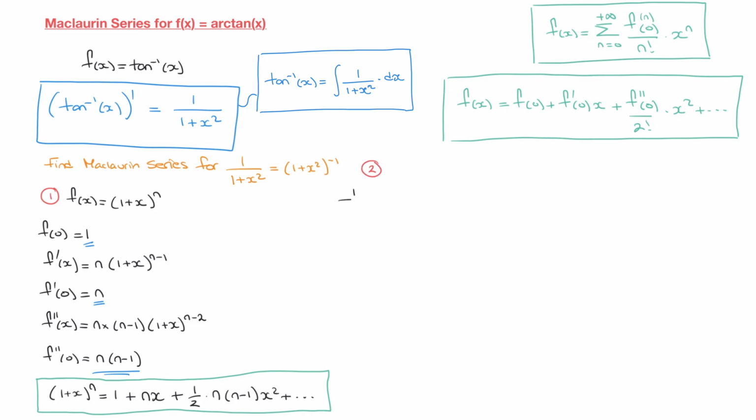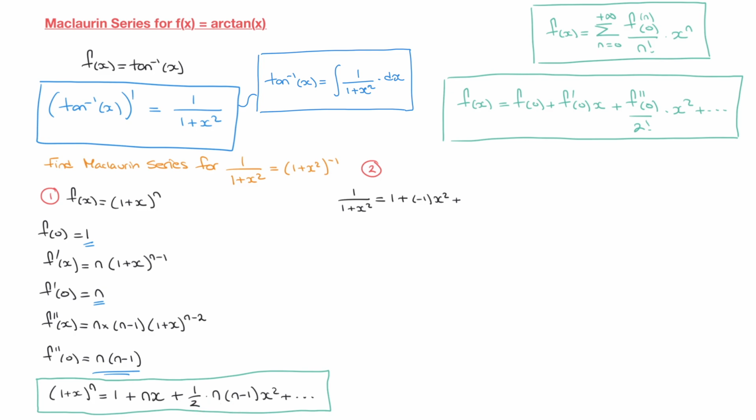And we can write that 1 over 1 plus x squared will be equal to, well, let's see. Again, we copy this formula, but we replace every n that we see by negative 1, and every x we see by x squared. So the first term is still just 1, so I'll quickly write that. That's going to equal 1 plus n times x, and so we replace this n by negative 1 and this x by x squared, so that's negative 1 times x squared, plus 1/2 times n